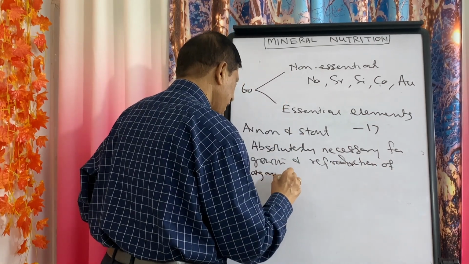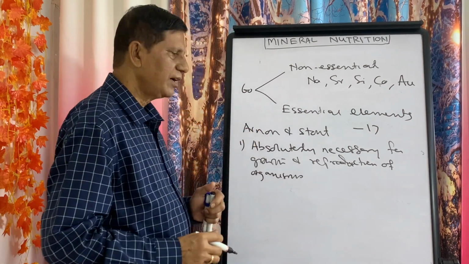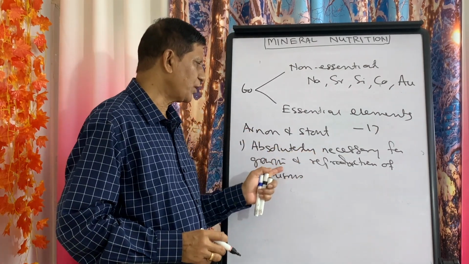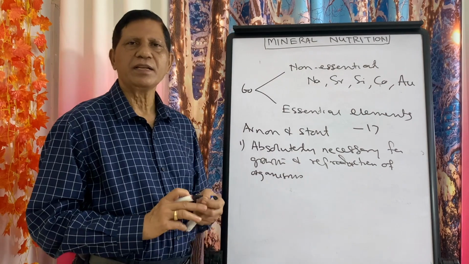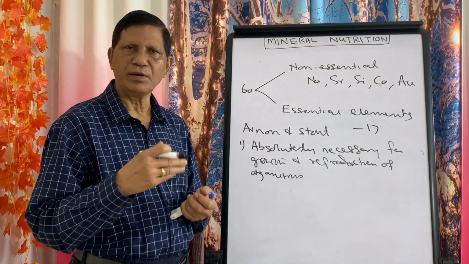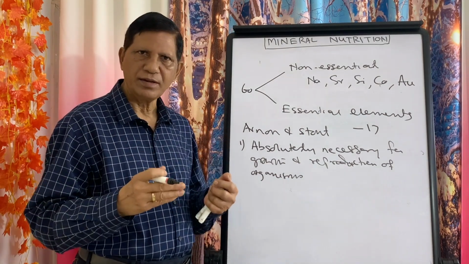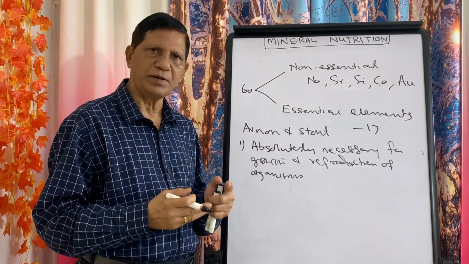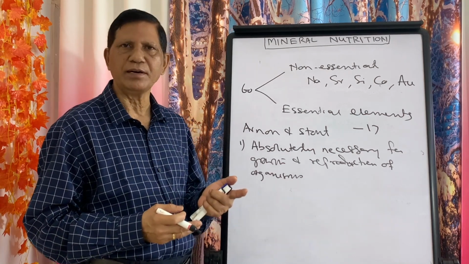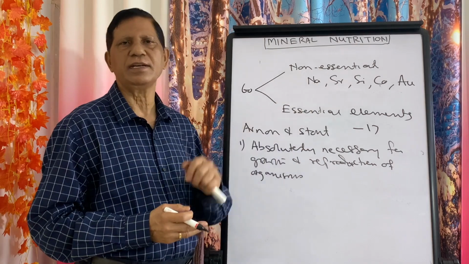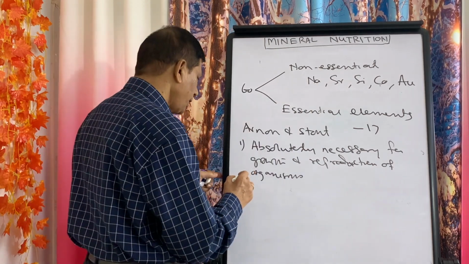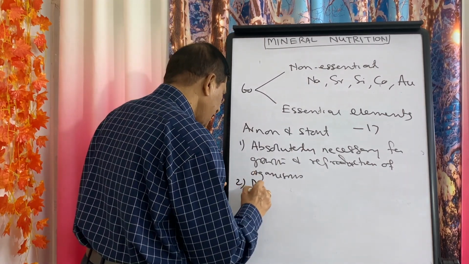That means those elements which are essential are absolutely necessary for growth and the reproduction of organisms. That means the growth, the development and the reproduction, their multiplication cannot take place, that means their life cycle cannot be completed in the absence of these elements. That is number one. Number two is their role is